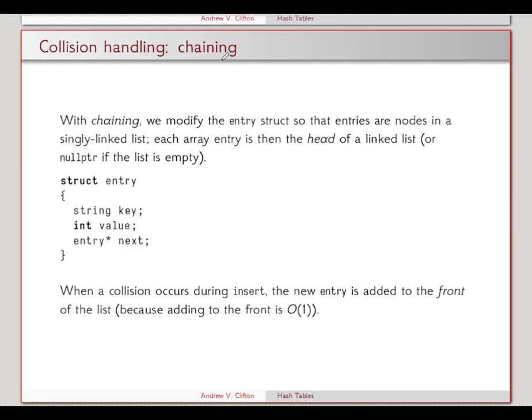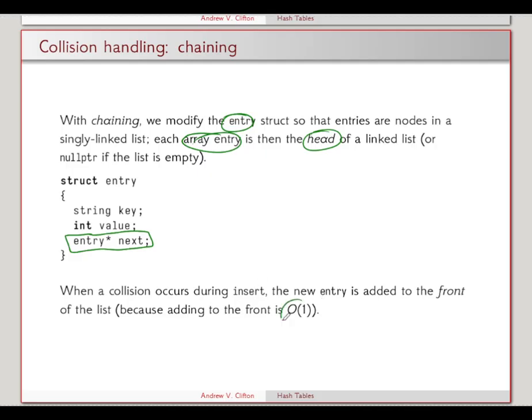Okay, first we're going to look at chaining, right? With chaining, we're going to modify the entry structure so that the entries are nodes in a singly linked list here. There's no point in using a doubly linked list here. It doesn't add anything. So each of the array entries becomes the head of the linked list. All we're doing is adding this to our entry structure so that the entries become nodes in a linked list. If we have a collision, then we add a new entry to the front of the